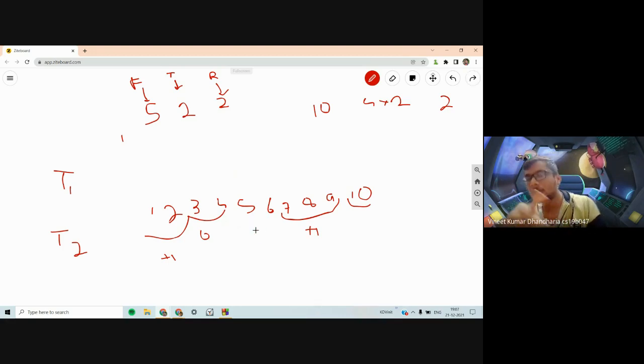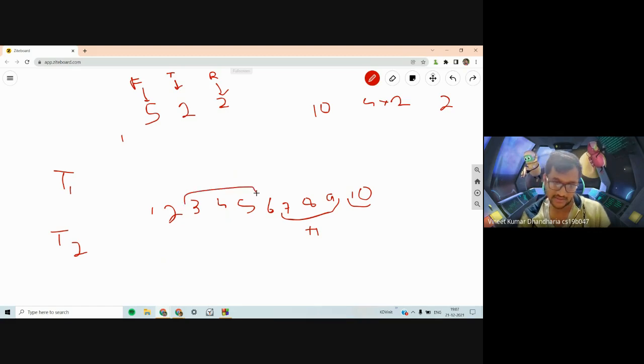Next, when you do another round, you start from the person that was given the disadvantage last time. So 3 had the 0 table. So 3, 4, 5, and 6, 7, 8 get the table of 3, and 9 and 10 get the table of 2.